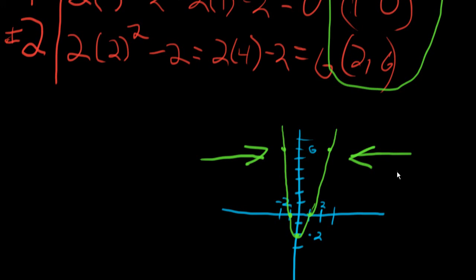Okay, so that type of narrowing of a parabola is what you get